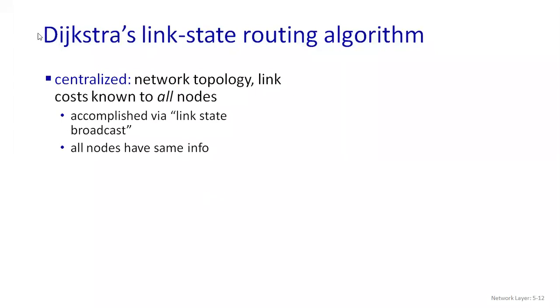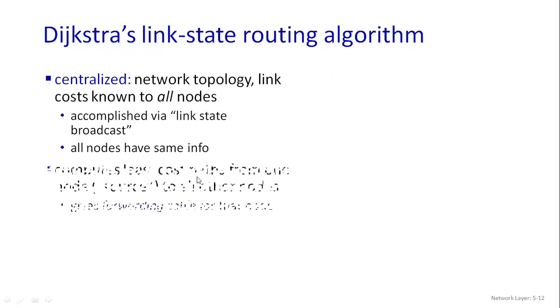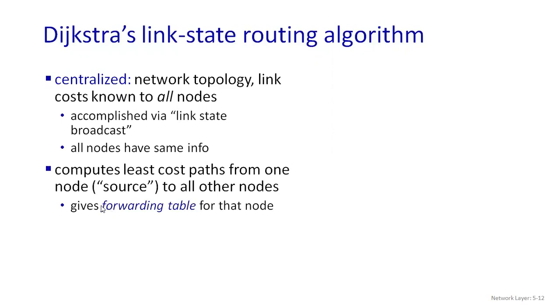So what do you mean by this algorithm? This is a centralized one, where the network topology and the link cost, everything will be known for all the nodes. That is the main important thing. It has to be accomplished with link state broadcast, where all the nodes will be connected with each node directly, having one kind of cost, and also all the nodes will have the same information. And if I go for the forwarding table, already you know what you mean by the forwarding table, where we write the link and cost of each node in a tabular format. So that is known as your forwarding table.